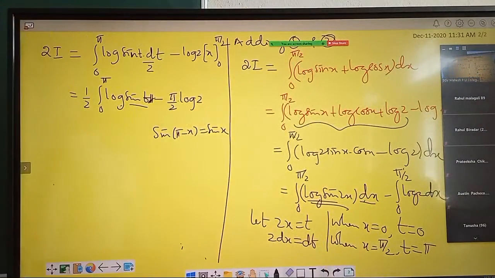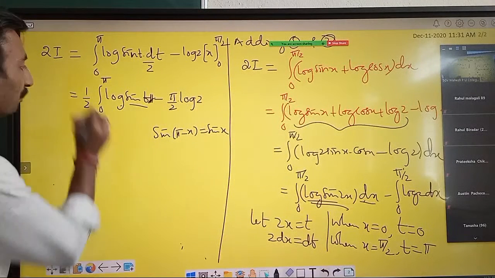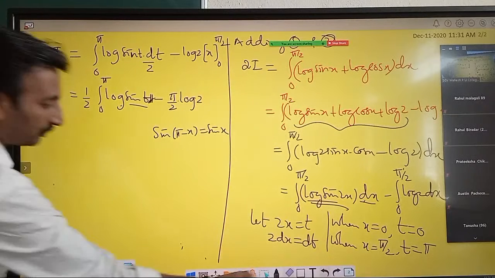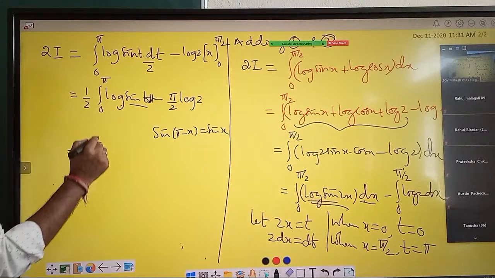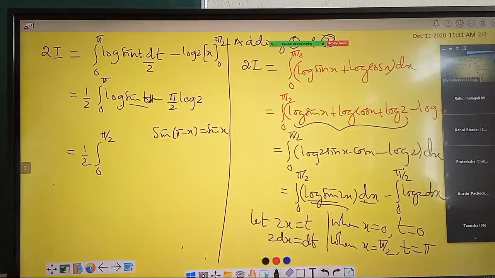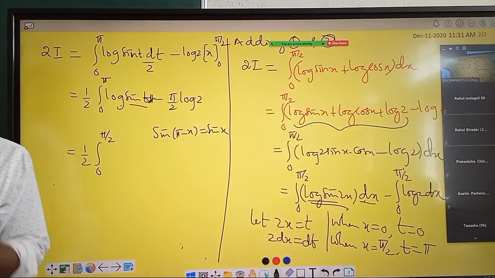So what I do here is to make that one, I just do this: 1 by 2 integration from 0 to pi by 2, and the property what it tells us, suppose you have 0 to